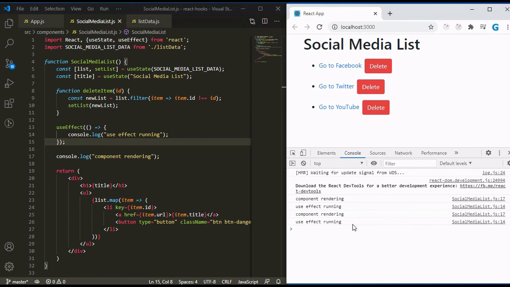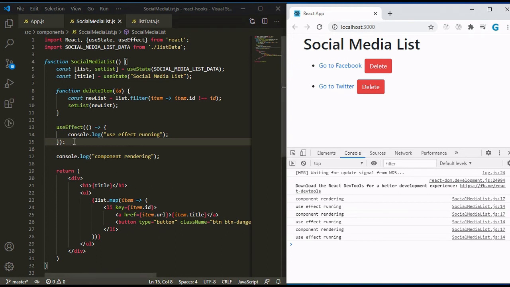That means the useEffect function runs after the component updates when we perform any action on the UI. Here we will see, the last time we perform the delete action on the UI, our component runs first, after that the useEffect function runs.